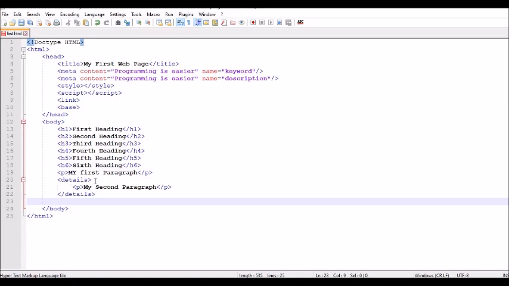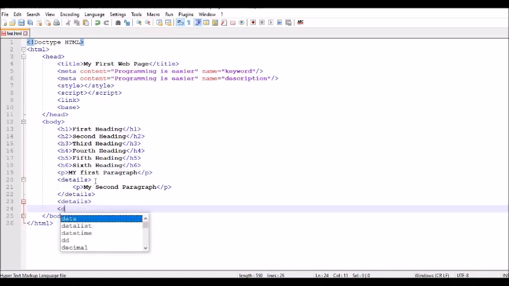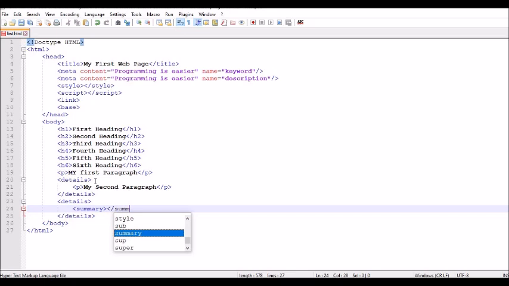However, if we want to change this title, which is details, to some other term, we can use summary tag inside details tag, right? So I am going to repeat the step we have done just before. I have opened and closed details tag. Inside it I am going to have a summary tag. The purpose of summary tag is to provide a heading for your details tag.